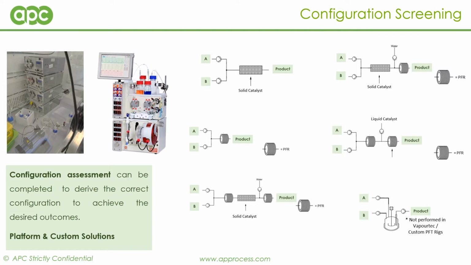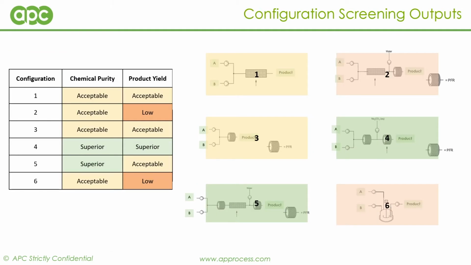This can take place on a range of platforms, like our off-the-shelf Vapourtec or custom platform rigs as seen above. As previously mentioned, often the scale of these reactor systems can be scaled to meet material restrictions. On completion of the small-scale reaction screening, it will often be clear which configurations are favourable for flow and proof of concept. And to be honest, in my experience, it is often very clear which will work and which will